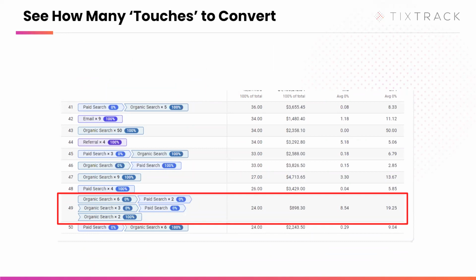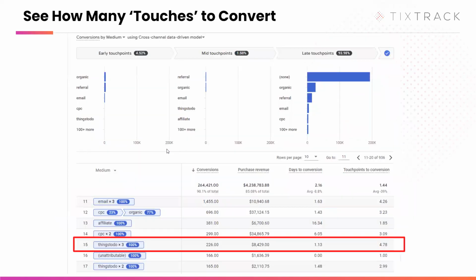So if you look at some of these other ones, number 12, there was a CPC, which gets 23% of that conversion, because it's all about the number of touch points and when they happen in that cycle of that conversion. As you can see above, there's a thing called early, mid, and late touch points, which are around the frequency at which they happen, and the overall start and end dates, and when they actually converted with each of those particular items.